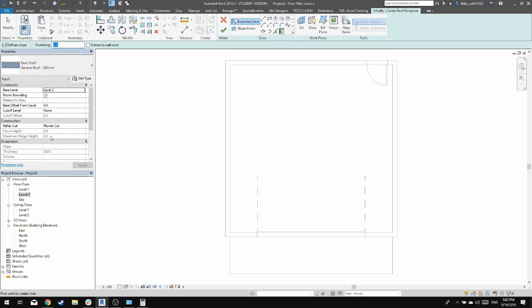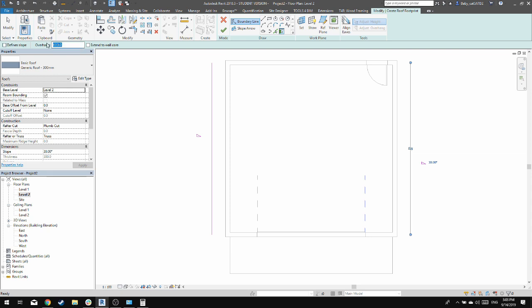Additionally, we have this overhang. For this, I think an overhang of 600 millimeters will be excellent. You'll notice that when I'm hovering over the wall, I'm presented with two options for which side the line will be drawn on, and I want it to be on the outermost edge of the wall. Right now we have the dotted line on the left side, so we can click, and you'll notice that we have a triangle here, and that is a visual indicator that says this line is the slope of the roof. You can go to the other side and draw another roof slope defining line,